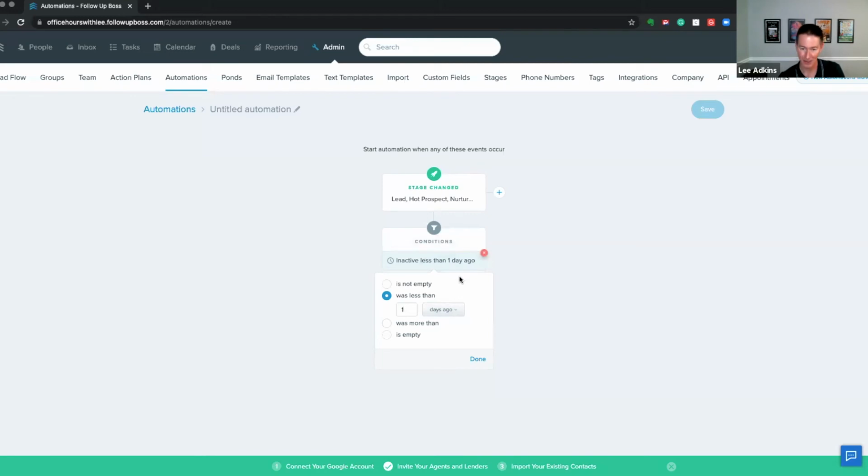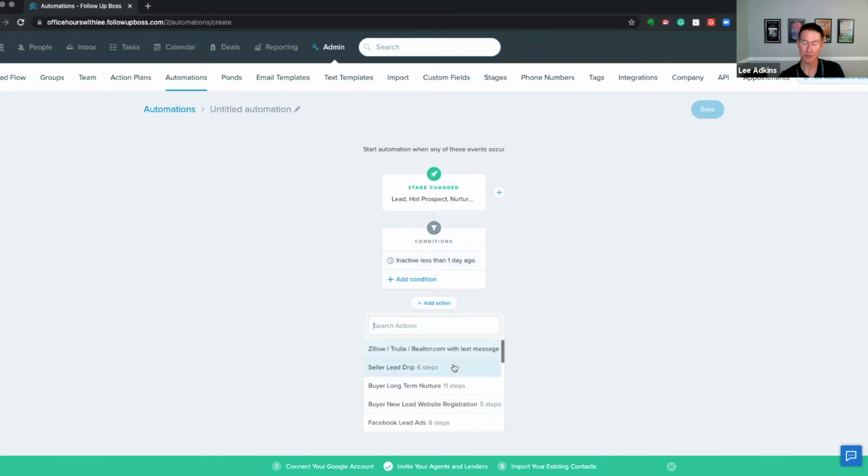That's a weird kind of double negative, but you can choose any number of conditions that would stop or keep this from running. And then the action is simply applying an action plan. I'm sure there are other actions coming in the future. For now, it can only trigger an action plan, which is fine. There's a great number of uses for these that really work great. Oh, an action plan can also apply a tag, which is a great way to power an automation. So that was the one I forgot.